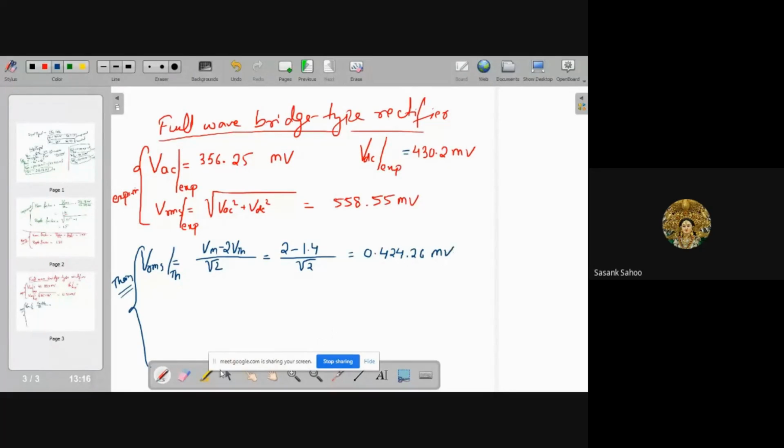मिलीवोल्ट। 0.0 का काट दिया, हाँ कर दो। ठीक है।